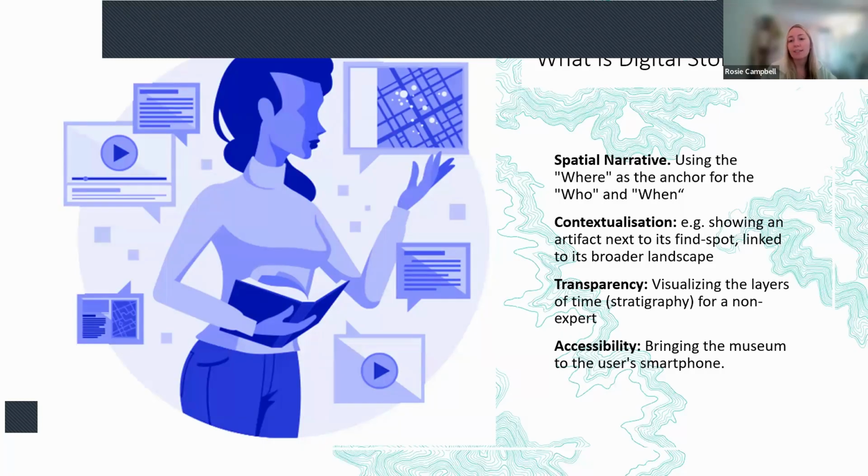Traditional GIS and other methods are often too technical for public engagement. Meanwhile, traditional methods of storytelling often lack the groundedness of geography. So the online platforms we'll be looking at today can help bring all of these together and help bridge this gap between technical site report and the public, by allowing public audiences to engage with material in their own time and pace, but with the intentional curated story from an expert.